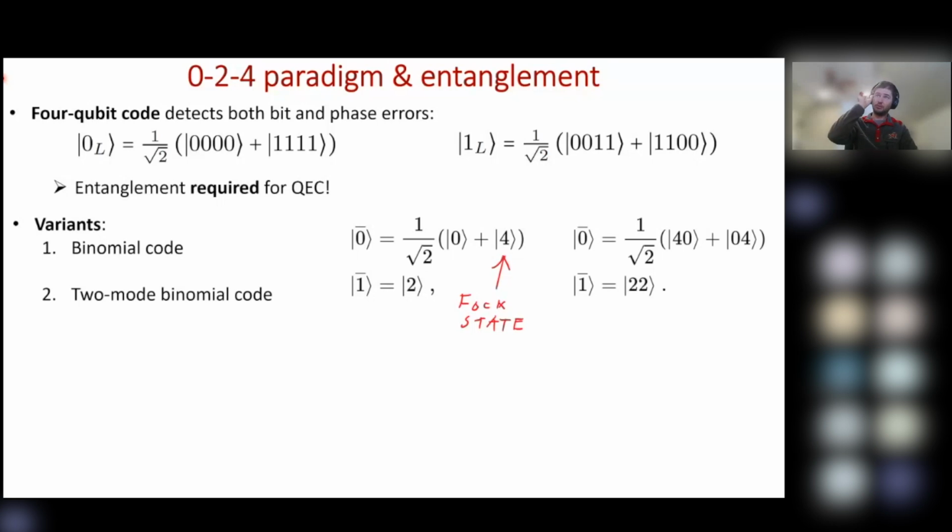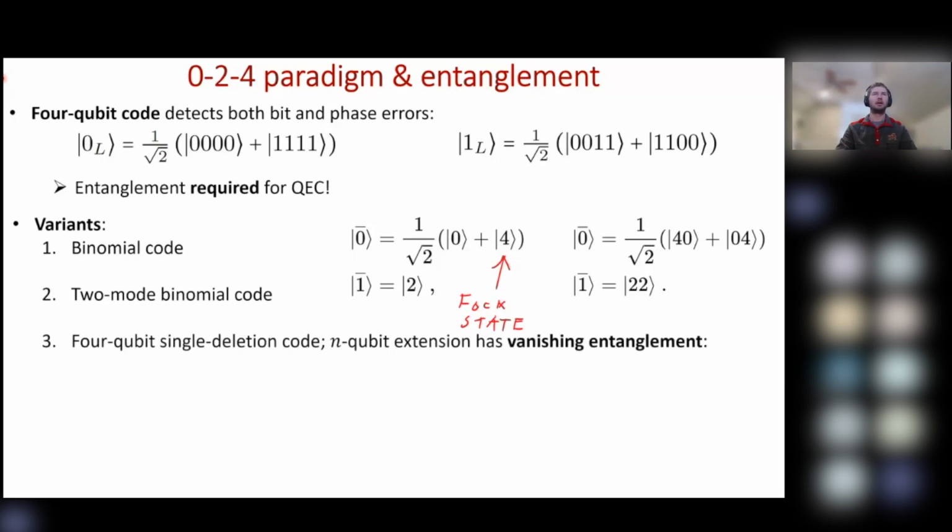You can do this for 2-mode Fock states as well. Kind of split the 4 into 2 cases. And again, this has a 0-4-2 kind of flavor here. You're in a 2-dimensional integer space now, but it's still very similar. And